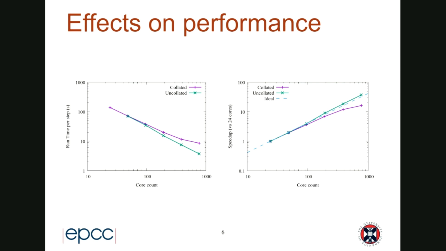So that gives you an idea of the overall performance of the program. However, that doesn't really give you an idea of how much of that time is spent in just writing the outputs. And there is a difference. There's a significant difference of about 5 seconds between the collated and uncollated runtime for the 32 node job, but